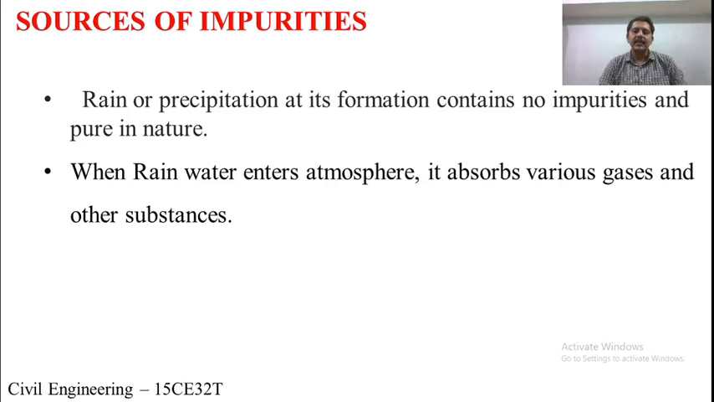But when this rainwater enters the atmosphere, it absorbs various gases and other substances. Water is called the universal solvent. It absorbs many impurities. Hence, when the rainwater enters the atmosphere, it absorbs various gases in the atmosphere, that is carbon dioxide, oxygen, nitrogen, etc. These are the gases in the atmosphere, and these gases are absorbed by the rainwater during its journey from the